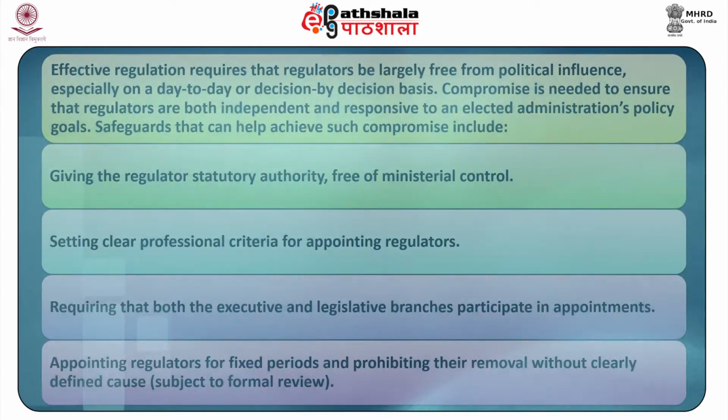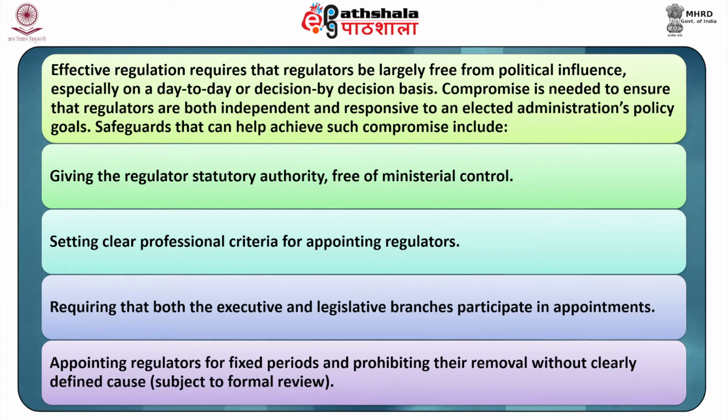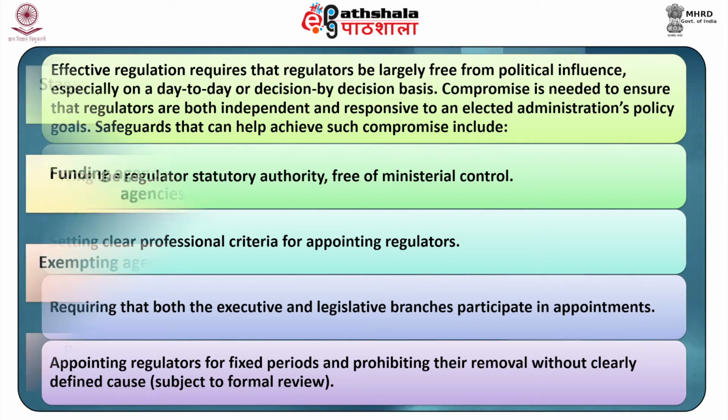Next, independence. Effective regulation requires that regulators be largely free from political influence, especially on a day-to-day or decision-by-decision basis. Compromise is needed to ensure that regulators are both independent and responsive to an elected administration's policy goals. Safeguards that can help achieve such compromise include giving the regulator statutory authority free of ministerial control, setting clear professional criteria for appointing regulators, requiring that both the executive and legislative branches participate in appointments, appointing regulators for fixed periods and prohibiting their removal without clearly defined cause subject to formal review,